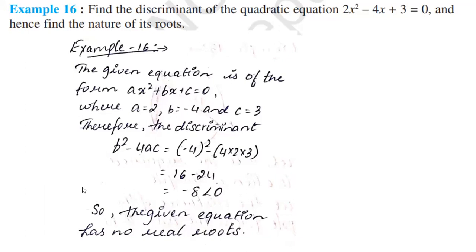Find the discriminant of the quadratic equation. So this is the equation which is given, and find the nature of the root. Compare the given equation with the standard form of quadratic equation. On comparing it, write A, B, and C separately. Discriminant D is given by the formula B square minus 4AC. So if B square minus 4AC is less than 0, then they have no real roots,